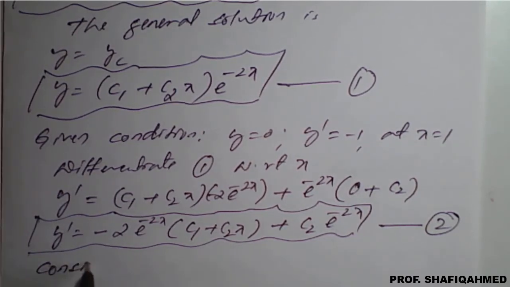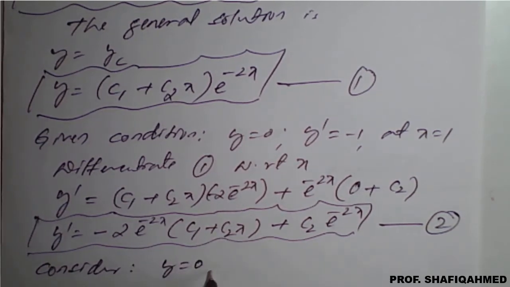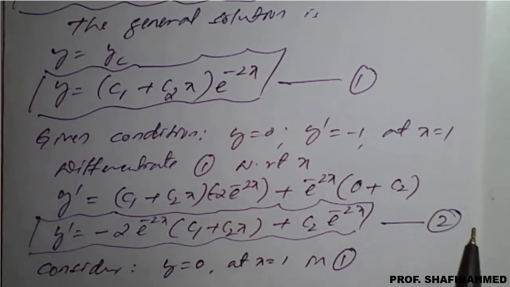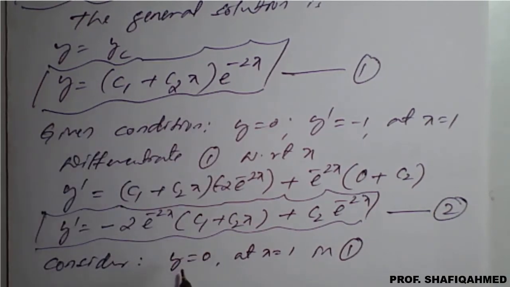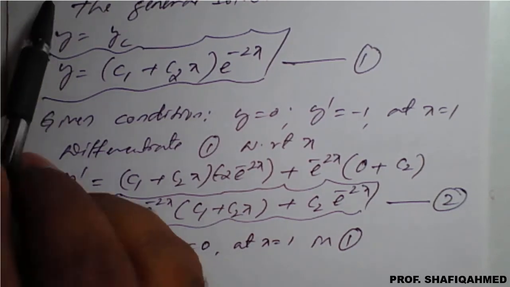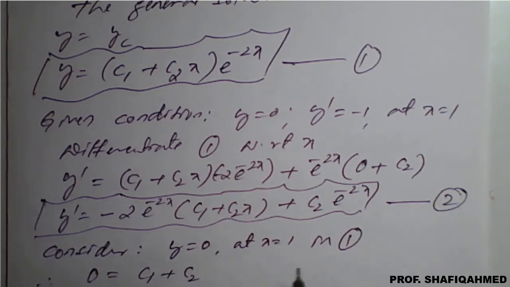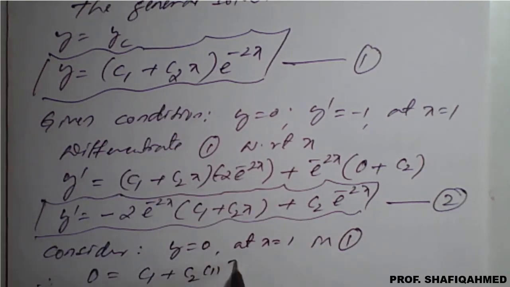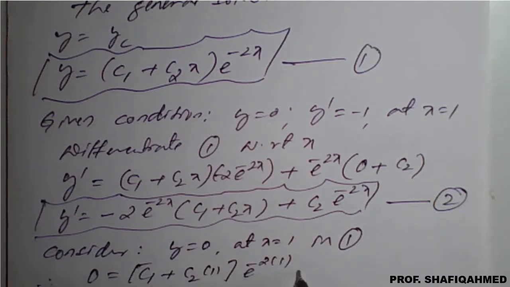Consider y equal to 0 at x is equal to 1 in 1, because in 1 we have only y and x, so that's why we are going to use the condition y is equal to 0 and x is equal to 1, which is given in the question. So equation 1 becomes: y is 0, so left hand side is 0 equal to c1 plus c2, x value is 1, apply here, into e raised to minus 2 into 1, which is nothing but